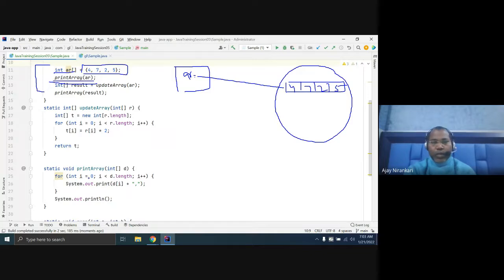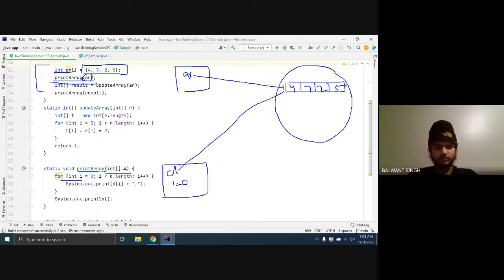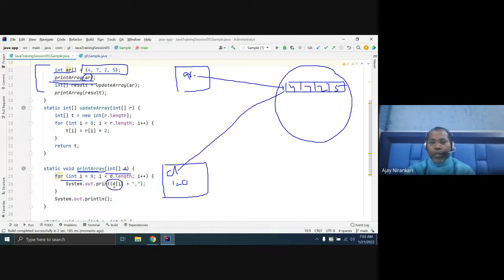Now you call print array, which means this function is invoked. Whenever any function is invoked, its own stack memory is created. This stack memory has one variable d. What is the value of d? You are passing ar here. Ar is the reference variable, so this also refers to the same object. Is it clear? Now we have a for loop where I create variable i equal to 0 and loop with plus plus, referring to the d of 0 position, this value, this value, this value. The same you get in the output.